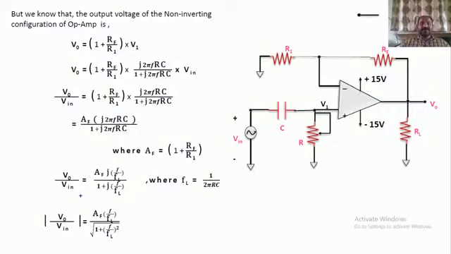Now if I take the modulus, we are interested in calculating the gain of the filter. When you are interested to calculate the gain of the filter, obviously you take the ratio between the output voltage and the input voltage. Here we are having the Vin, so I am bringing the Vin to the left side, and obviously it becomes the denominator. So V0 by Vin equals AF into j f by FL whole by 1 plus j f by FL.